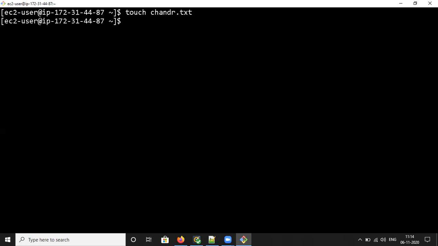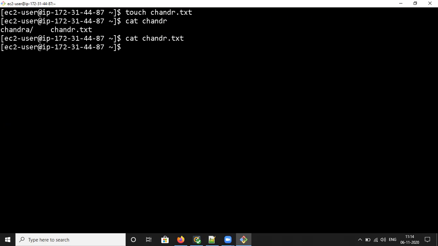If you want to check whether any content is available in that file, you can see that using the cat command. Cat is going to display the file content. cat check.txt. See, there is no content.